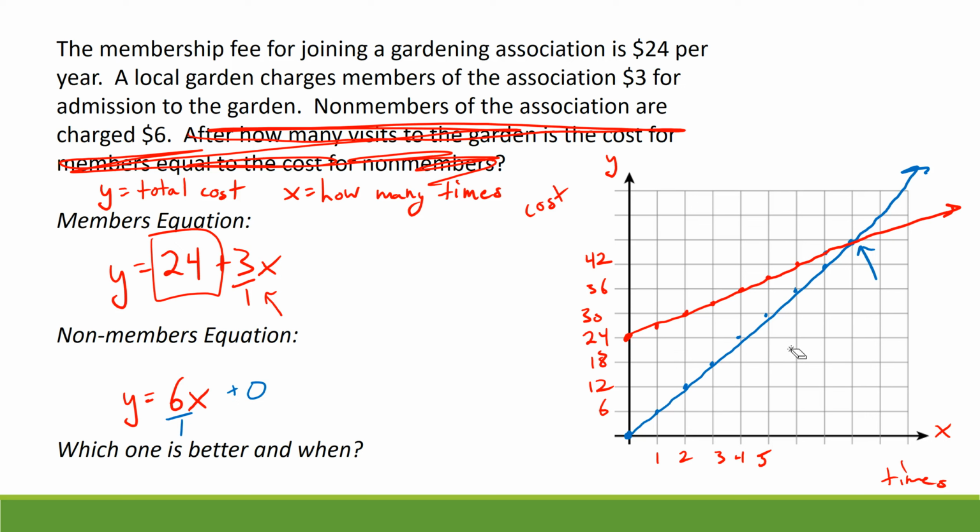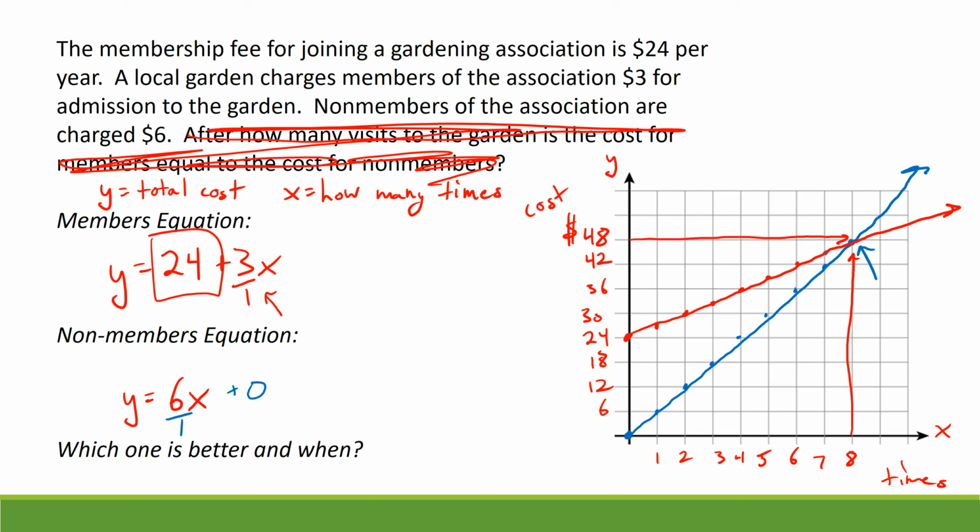So when does the blue line become more costly? Well, that would be after 8 times. So at 8 times, the plans are equal at $48. So at each plan, after 8 times visiting the garden, we have the members and the non-members as having paid